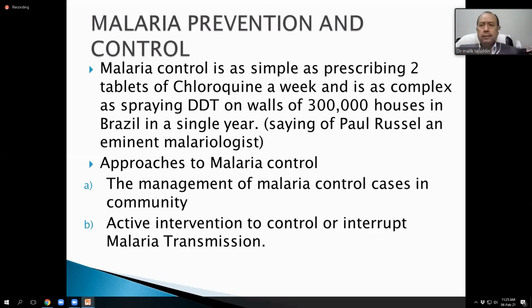पॉल रसल ये कहता है कि कंट्रोल ऑफ मलेरिया इज वेरी इजी, as easy as prescribing 2 tablets of chloroquine every week to every individual in the world. दुनिया का हर आदमी अगर 2 क्लोरोक्विन की गोली हर हफ्ते खाता रहे, तो उसको मॉस्किटो बाइट भी करता रहे, मलेरियल पैरासाइट आता भी रहे, उसको मलेरिया नहीं होगा. इट इज दैट इजी, बट इट इज दैट डिफिकल्ट. ये खुद भी इजी नहीं है. खैर,